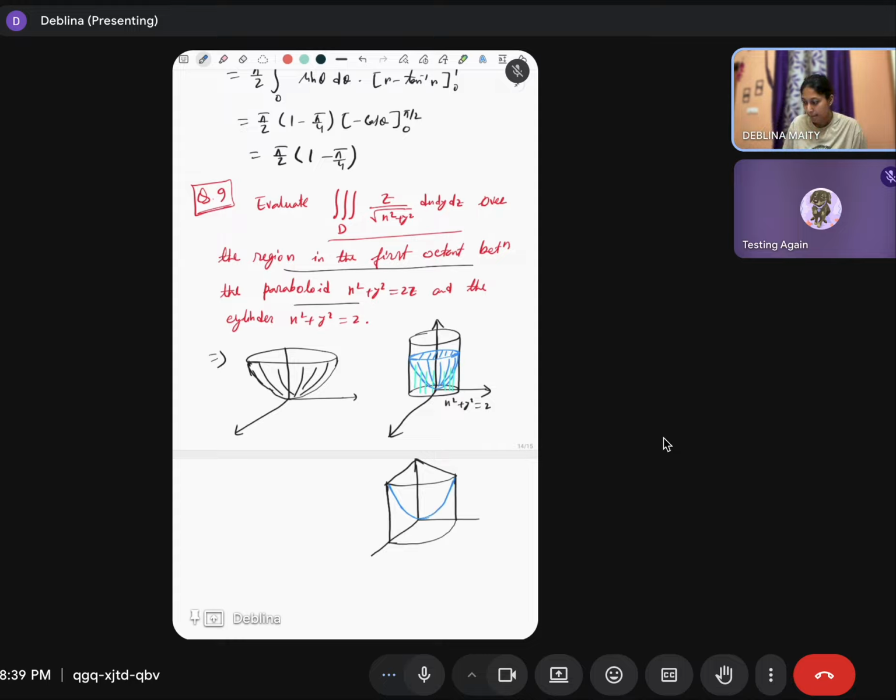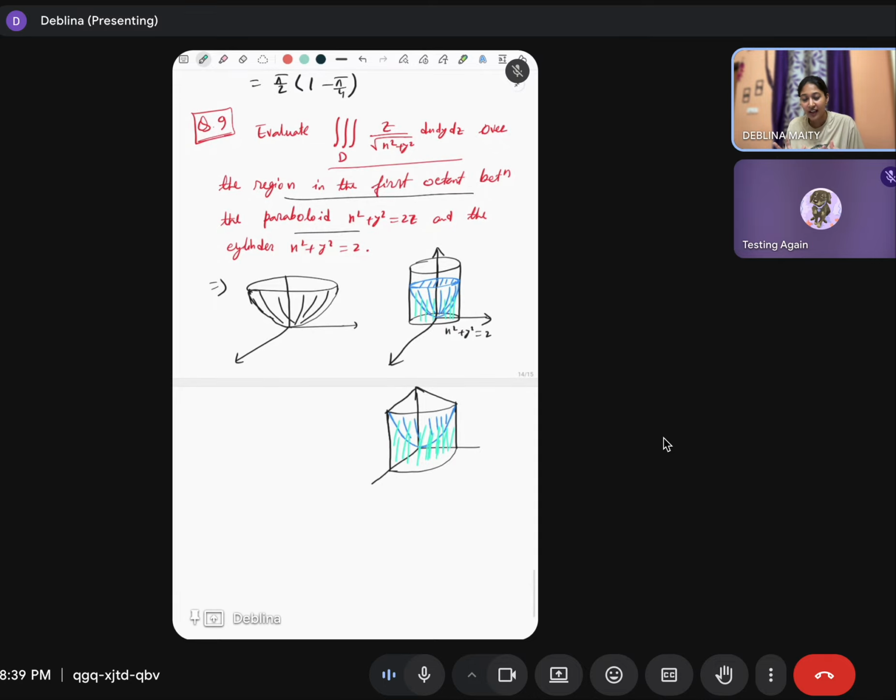Okay. So under this portion. Is it clear? Yes. Okay. So this portion we are going to consider in the first octant between this paraboloid and inside